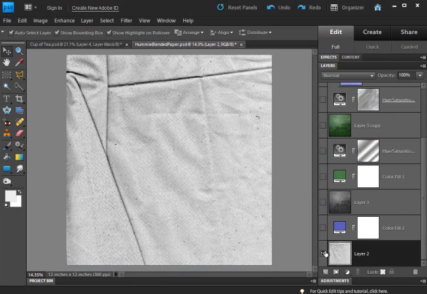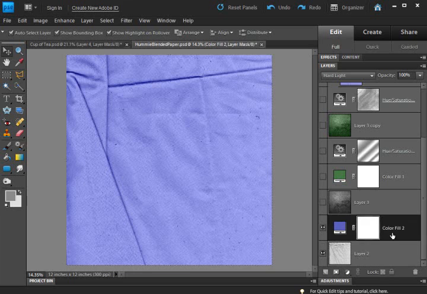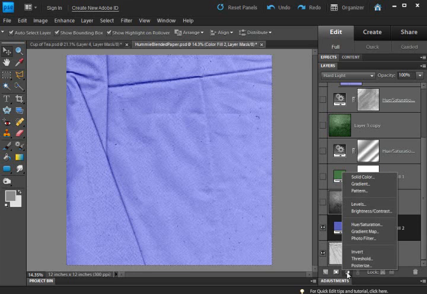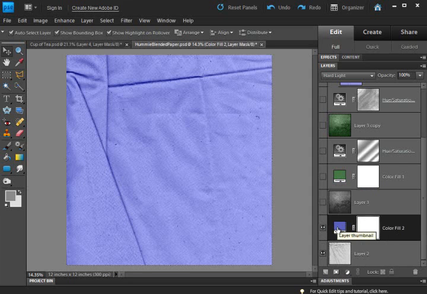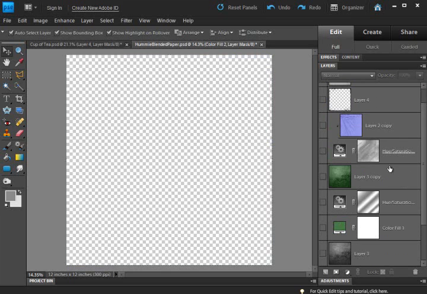For this one here, I just used a layer adjustment for hue and saturation, and I filled it in with this blue, and it's got a hard light. You know, you have to just use whatever you have. And then when I was done, I right-clicked and merged down, and that is what I did to come up